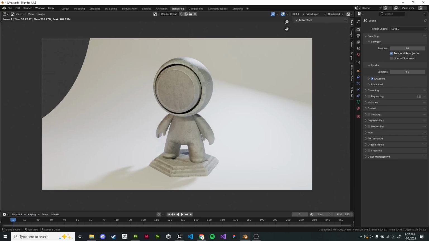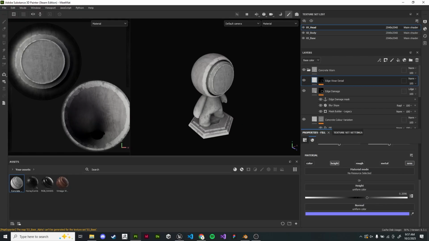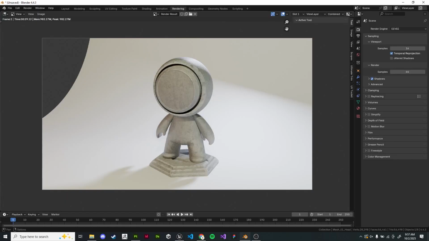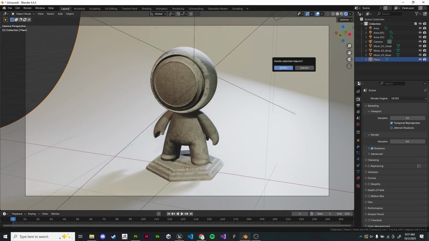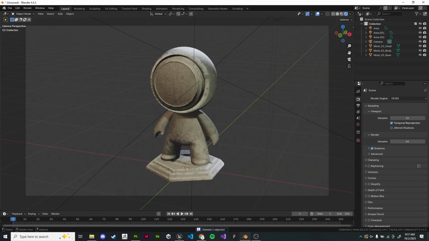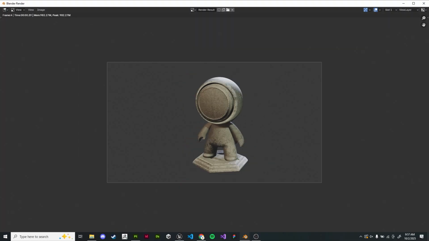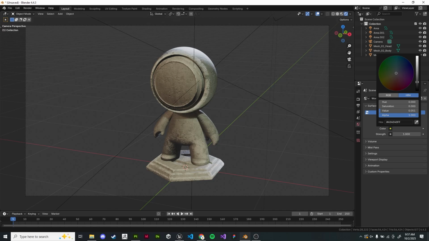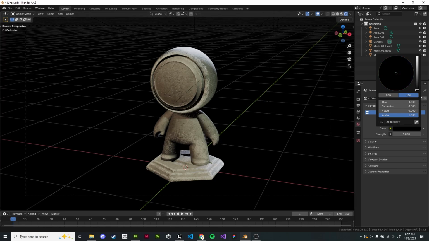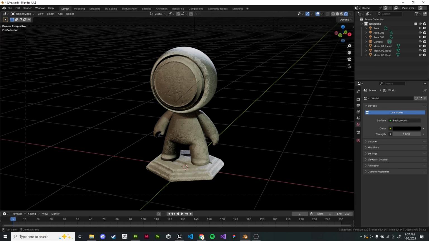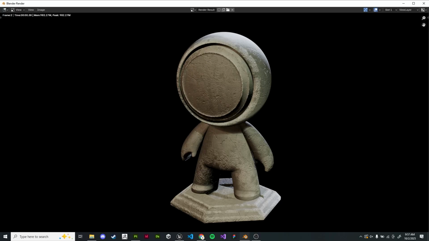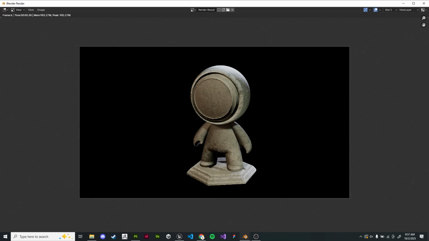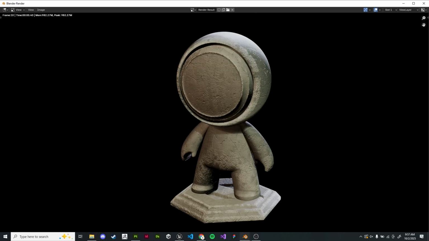Something else you can do, once you have a scene like this, if you want to do a black scene, so let's say I take away my backdrop and I just render this out like this. What I'd recommend you do instead is go to your world settings and change the background to pure black, so that when you render it out, you have something a lot more flexible. You can go in and mask this out in Photoshop